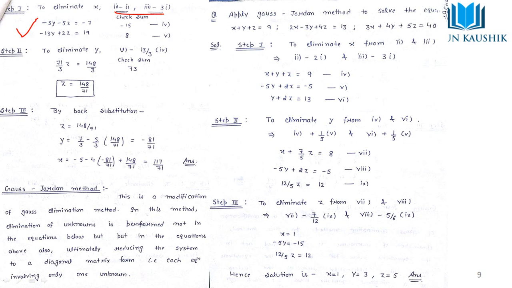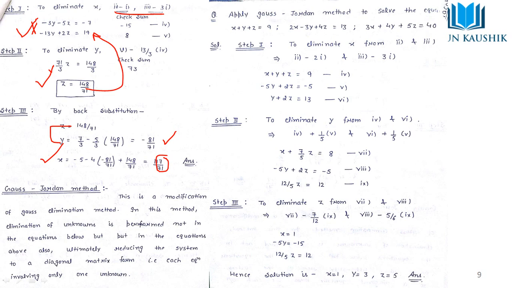Now we will remove y from these two. How? Just compare the coefficients; these are two-variable equations. We can remove y from these two equations and get the value of z. When we have the z value, we put it in any equation and get the value of y. When we have the values of y and z, we put them in the first equation and get the value of x. So this is the answer, and this is the process of Gauss elimination. We eliminate variables one by one. First we eliminated x, then y, then we are left with only z.